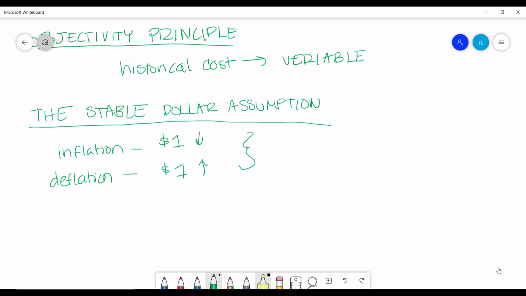That's just the reality when it comes to economics and looking at any country's economy, right? It's not to say that the dollar is going to be stable. It can be volatile. There can be inflation or deflation present, but with our economic climate, usually inflation tends to be the overall trend as the years go on, okay? But because of this instability of the dollar, or any currency, accountants in the United States, when they're preparing financial statements, just make the assumption that the dollar is stable.